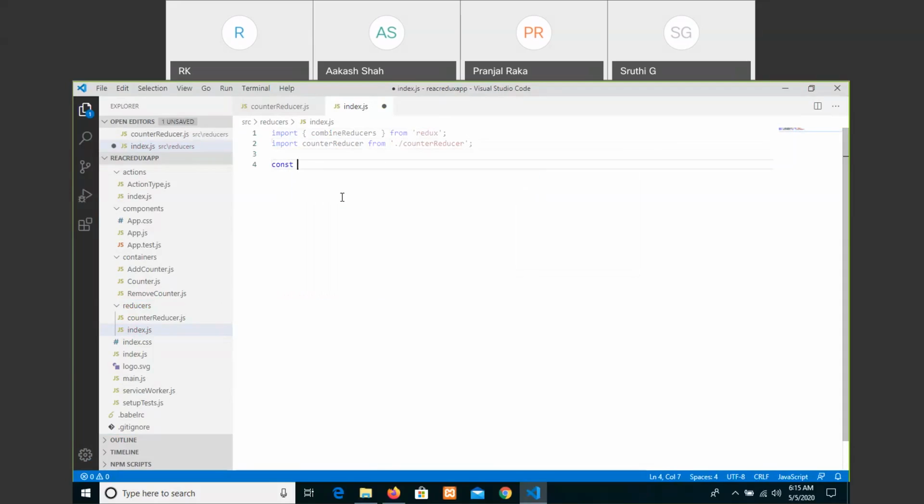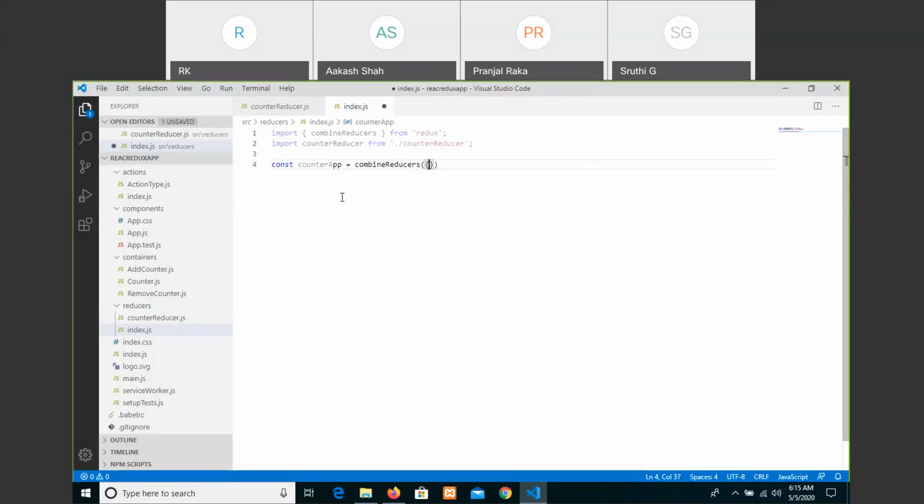Then const, write something like counterApp, and that equals using the combineReducers built-in method.